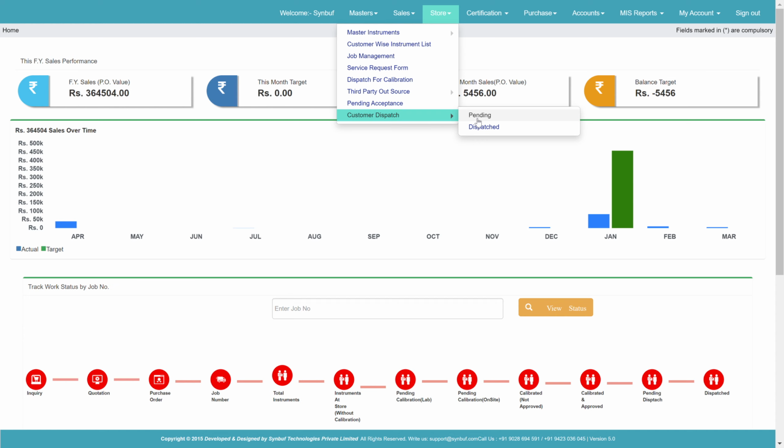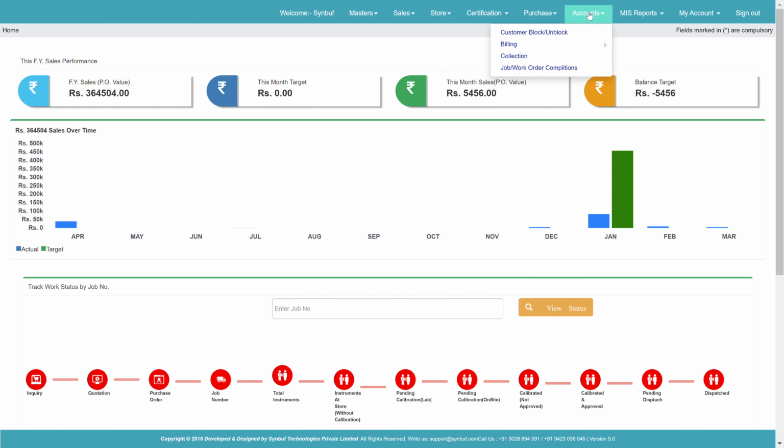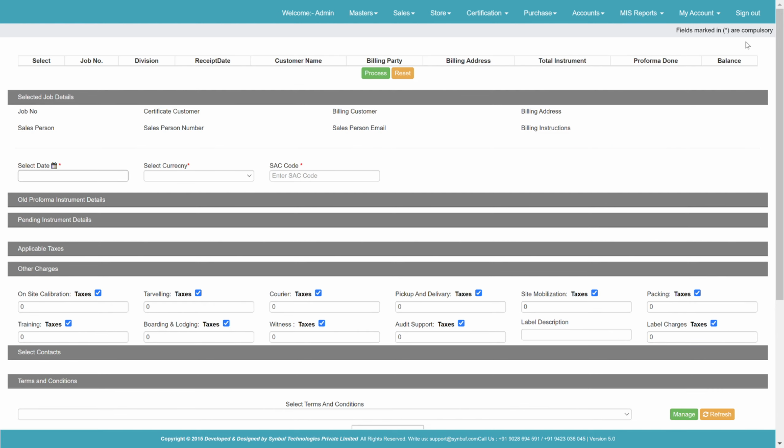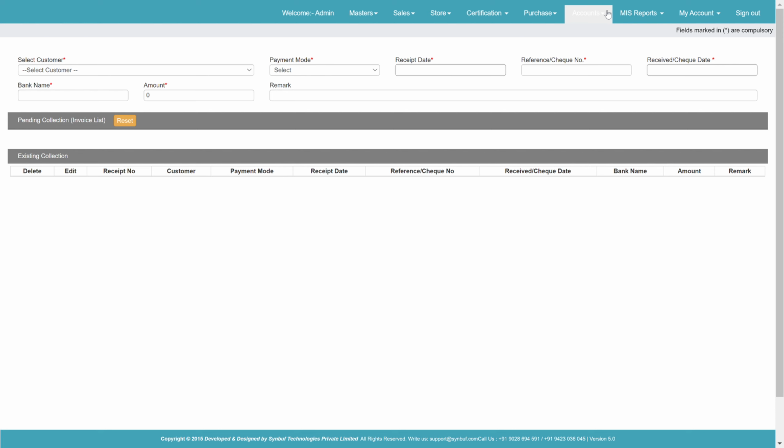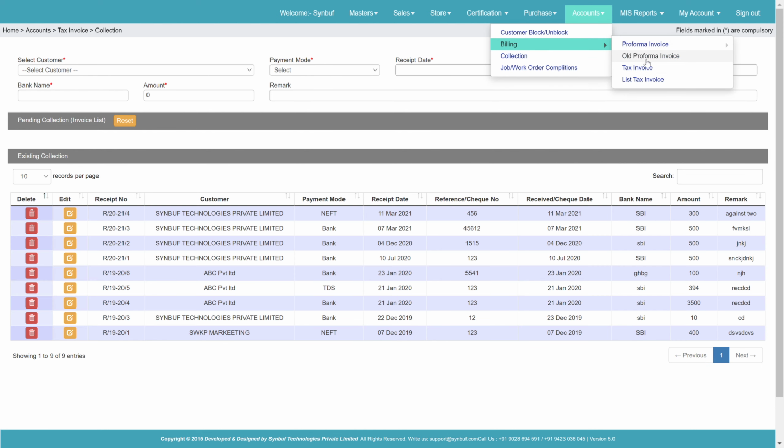In a parallel process, a very important thing is billing. You can see there is a provision of pro forma invoice against the job, right? There is no chance to miss any quantity under billing. We have a complete provision. Whatever inward has been done, we can make a billing against that particular work, done or in process. So you have a provision of pro forma invoice, you have a provision of tax invoice,